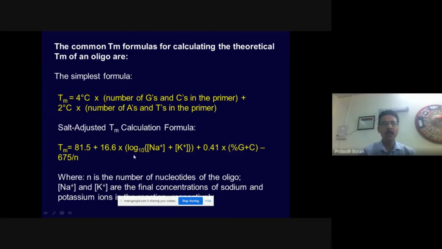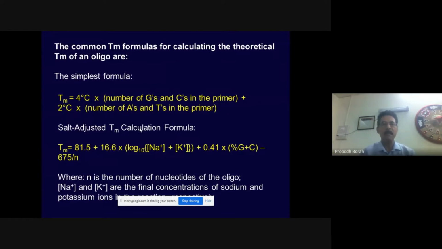So in presence of salt, as you know, the temperature tolerance of any compound gets increased. Suppose we are trying to dissolve salt or sugar in water. Once it reaches the saturation point at room temperature, if you raise the temperature, then you can add more salt. So the temperature of the solvent will always determine how much solid can be dissolved.